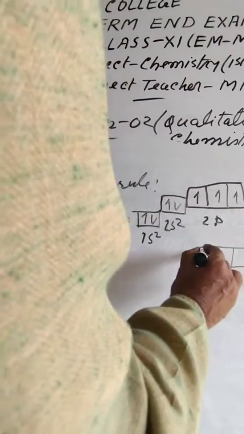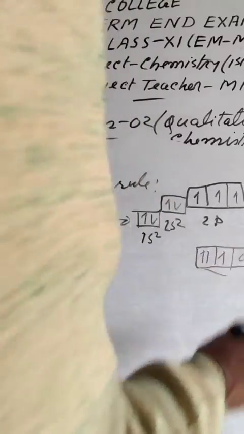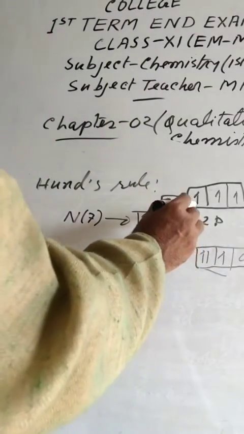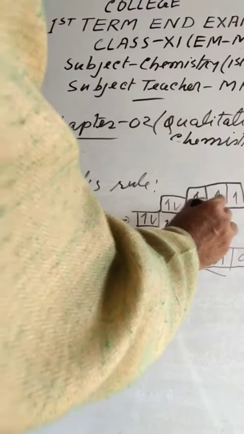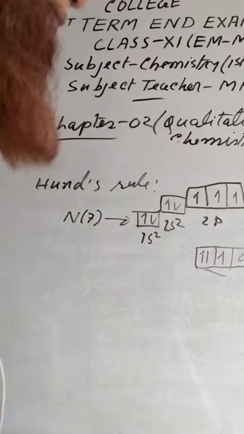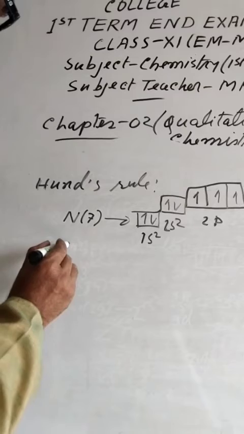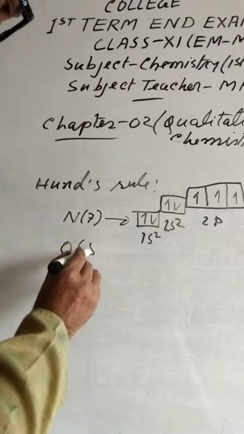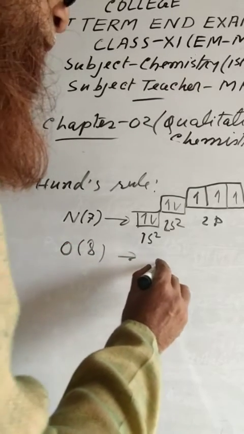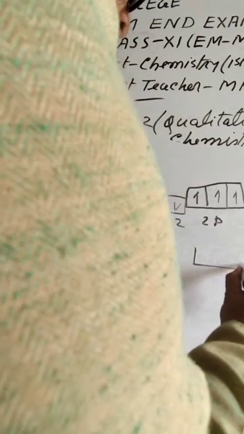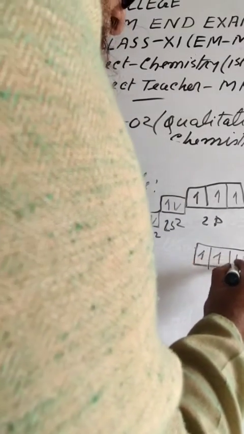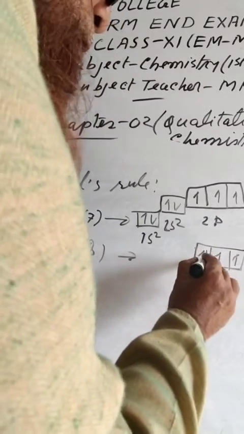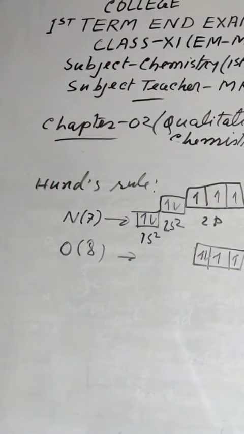Not like this, with 2 electrons in one and 0 in another; it cannot be. It has 3 electrons, so each orbital will be filled with one electron singly. When each is singly filled, further electrons pair up. For the case of oxygen, the last electron goes singly, then the next electron pairs in the opposite direction. This is what Hund said.